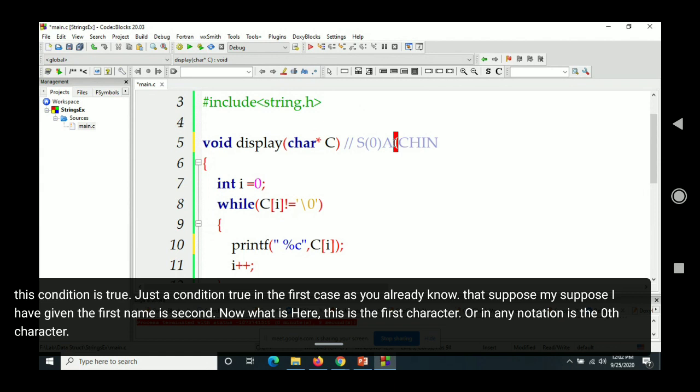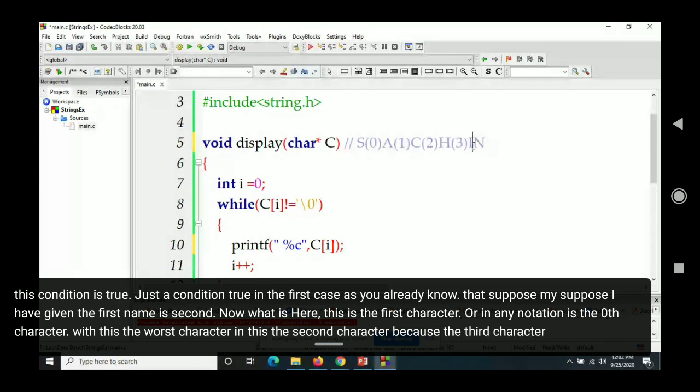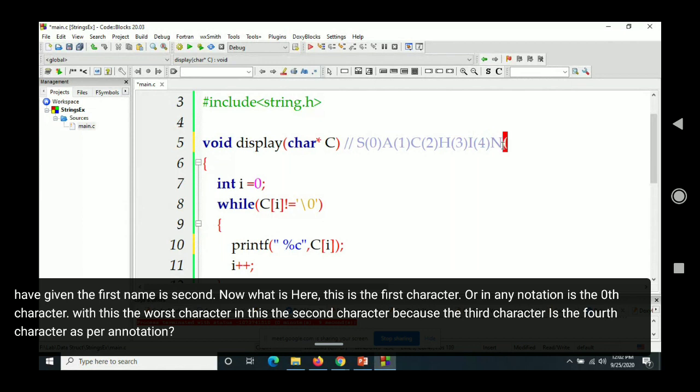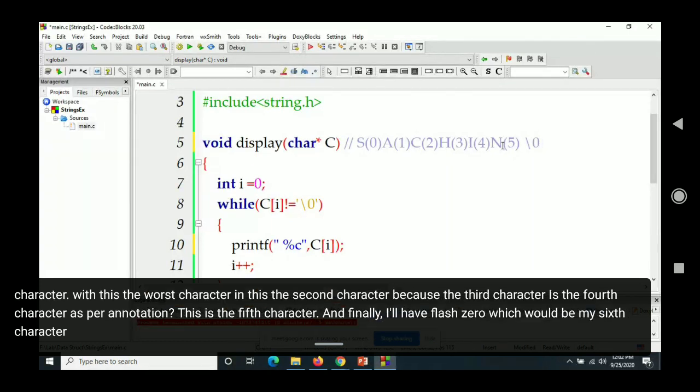It is the first character. It is the second character. It is the third character. It is the fourth character as per array notation. This is the fifth character. And finally, I'll have '\0', which would be my sixth character or seventh character.